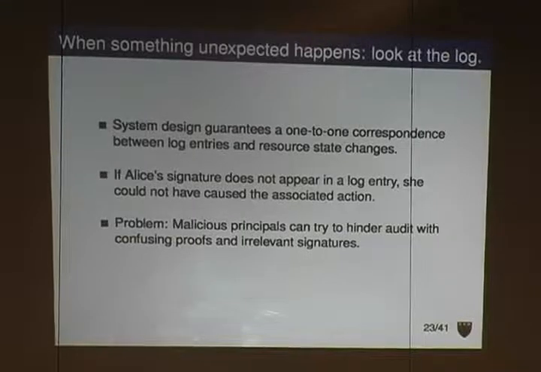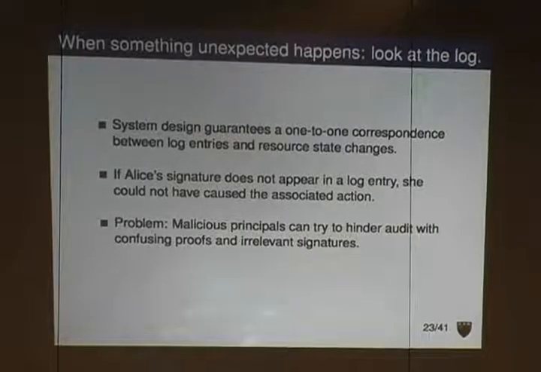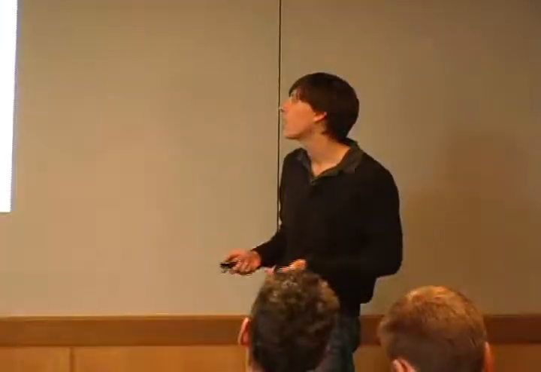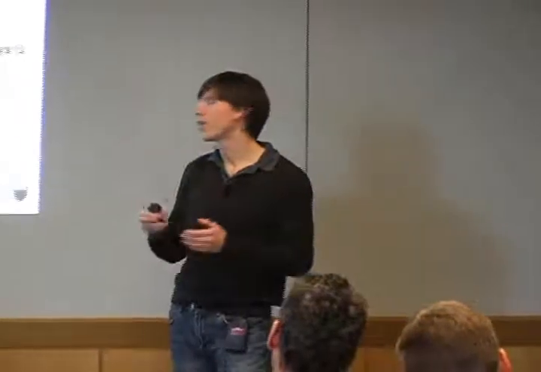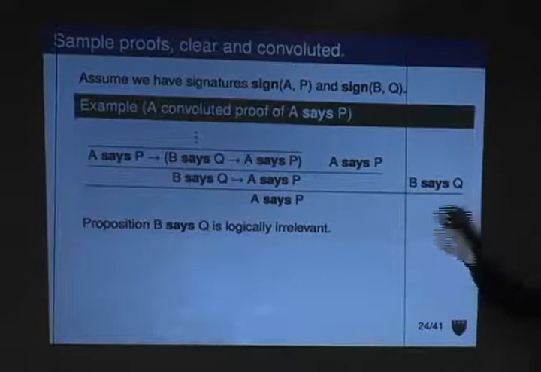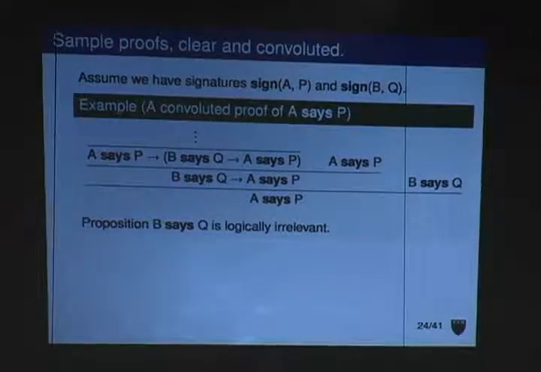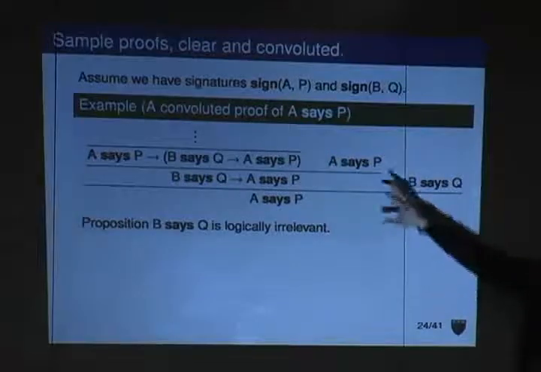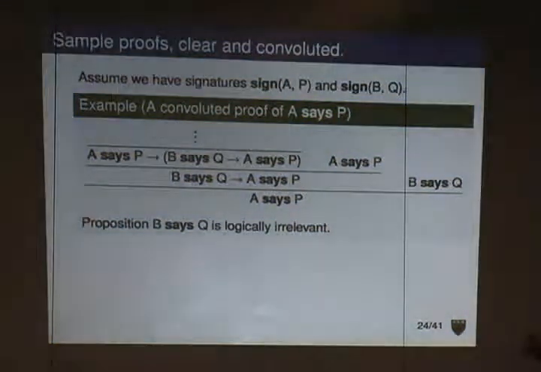Now there's one problem with this view, which is that if you're a malicious principal, you might put together a really convoluted proof to grant yourself access to some resource, which includes all sorts of irrelevant signatures, just to get other people's names in that log. And that's bad, right? We don't want this. Aura provides a way of getting around that. The idea is that we take some really convoluted proof and come up with a simpler expression that doesn't unnecessarily implicate other principals for an action. You don't have to really understand this, except that it looks complicated.